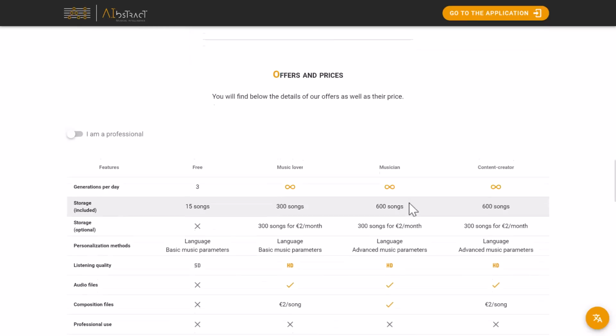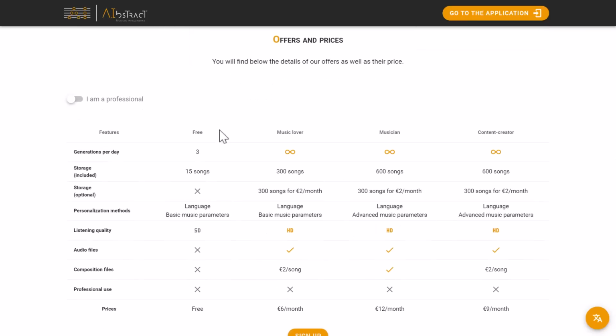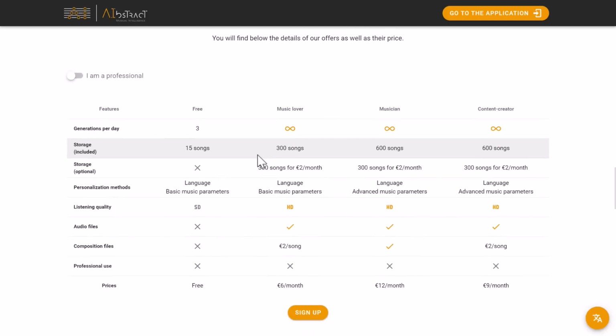And then we get into the pricing. We're going to be looking at the free tier right here. This allows you to generate 3 songs a day, a total of 15 songs. Now, I gotta admit, their pricing makes no sense. None. Zero. Nada. This entire free tier, not free tier, the amateur tier is just stupidly priced in my humble opinion. So you're looking here, free, you can create a bunch of songs, you can do an unlimited number of generations, up to 300 songs there, and you can get 300 more songs for €2 a month, and you get 600 songs and so on.